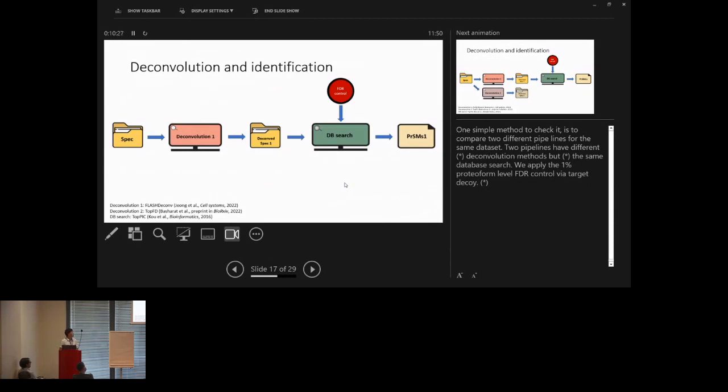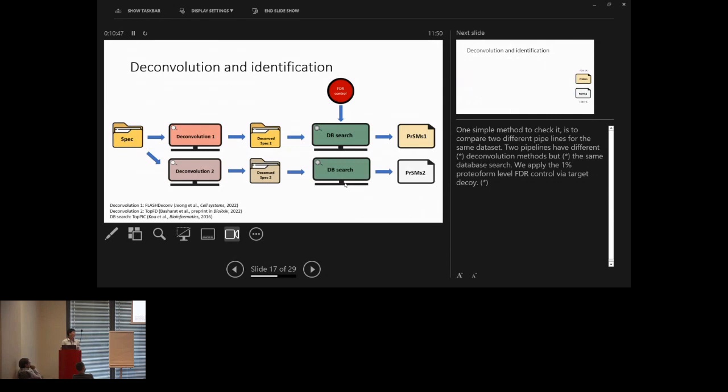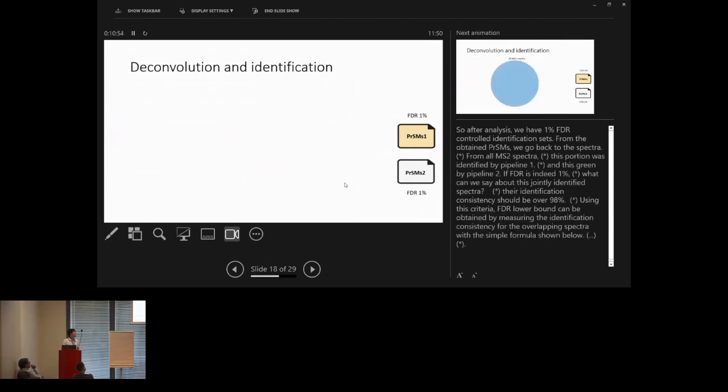Okay, so to see in this case, what I did was like this. I generated the second pipeline. In this pipeline, I just used a different deconvolution method. For deconvolution method 1, I used my tool, and for deconvolution 2, I used my friend's tool, basically TopFD, and used exactly the same database search. Okay. And then I have two differences, PRSM1, PRSM2, and we take this PRSM1 and PRSM2, and they are controlled,